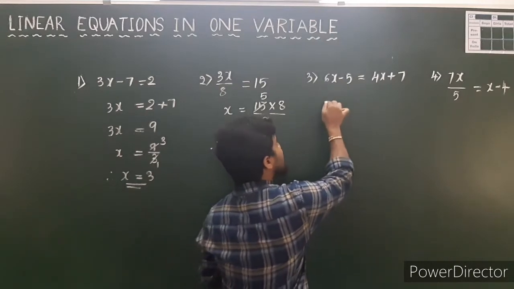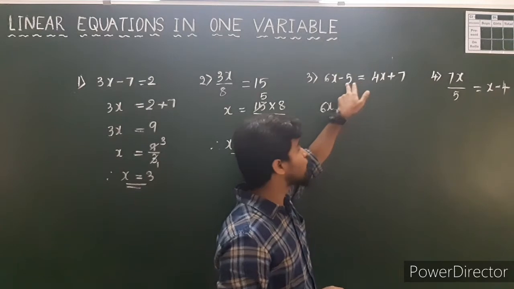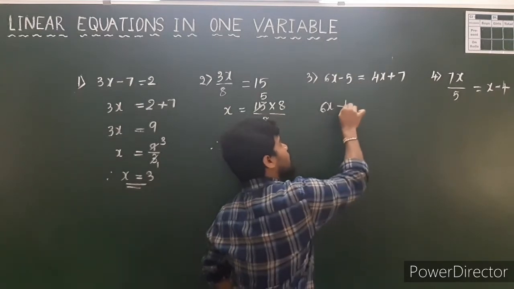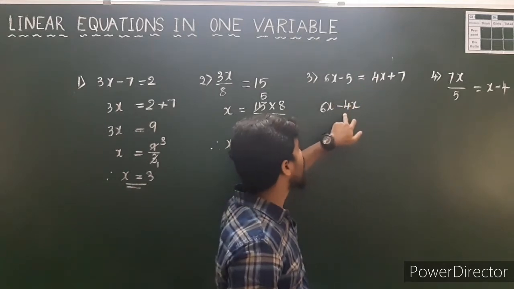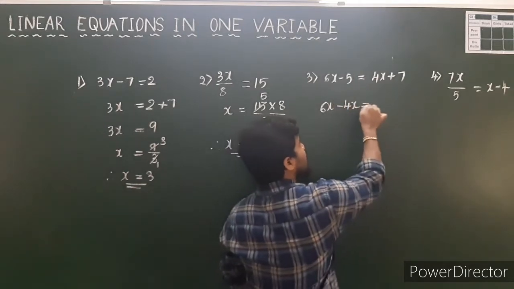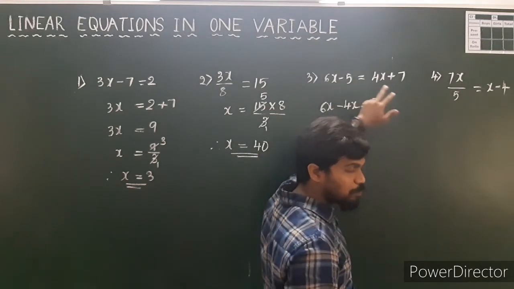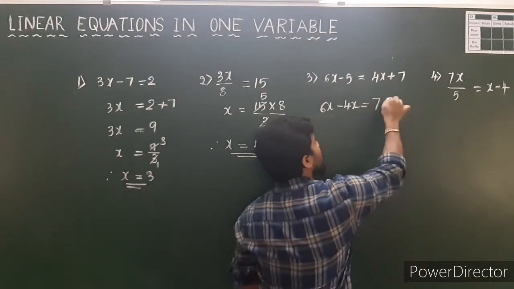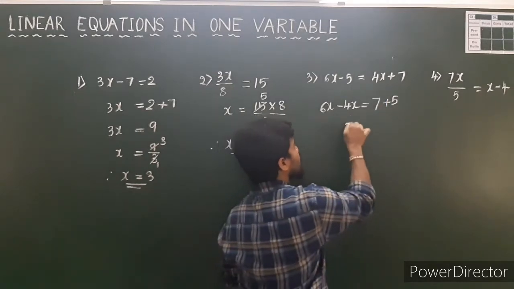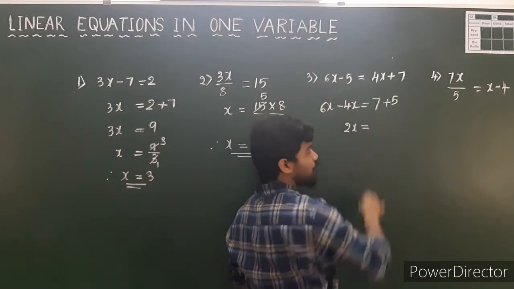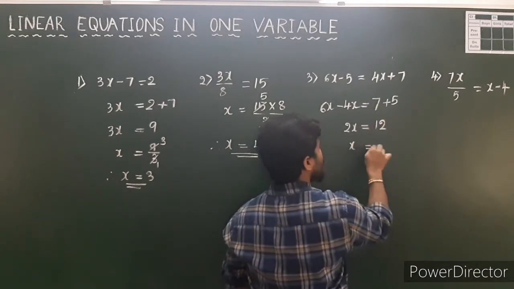So you see that 6x and 4x, when 4x is transposed to LHS, you get minus 4x, and 7 is already here, and minus 5 transposed to RHS, you get plus 5. So 6x minus 4x, you get 2x. So 7 plus 5, you get 12. So x is equal to